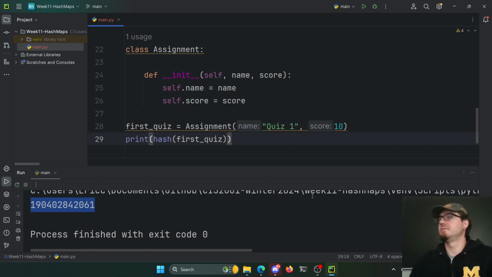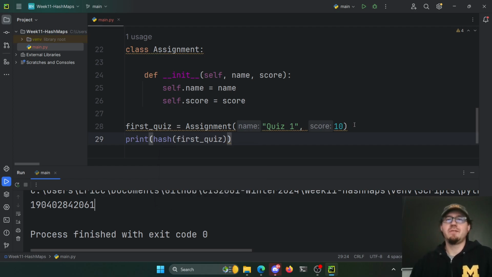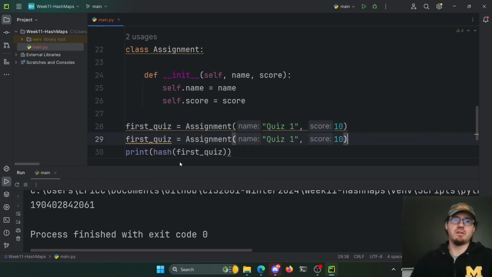So the hash value is basically just a number to represent it. And if you don't generate one, you get one built in for you. This is a built-in function. So remember, everything is an object in Python, so there's a couple of functions we get by default. So everything can hash. So I can make a second quiz here